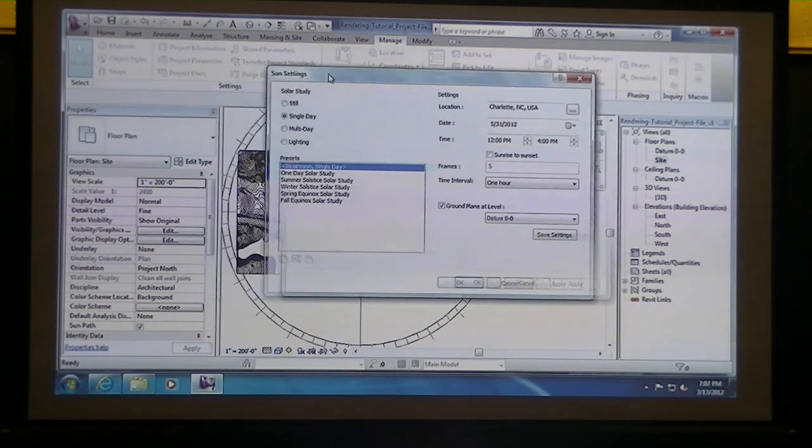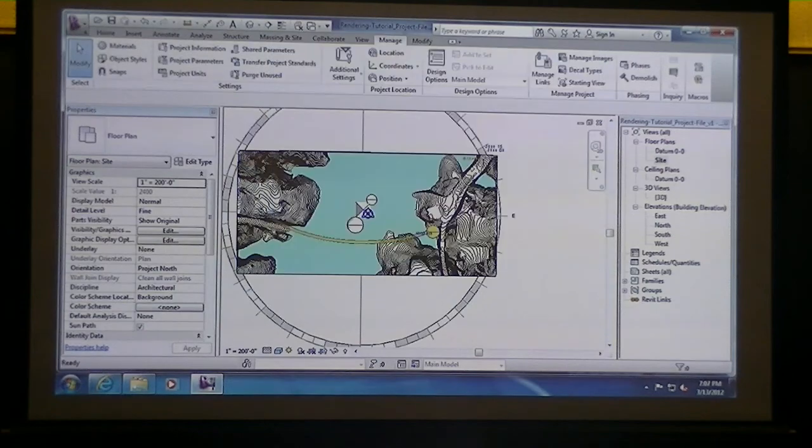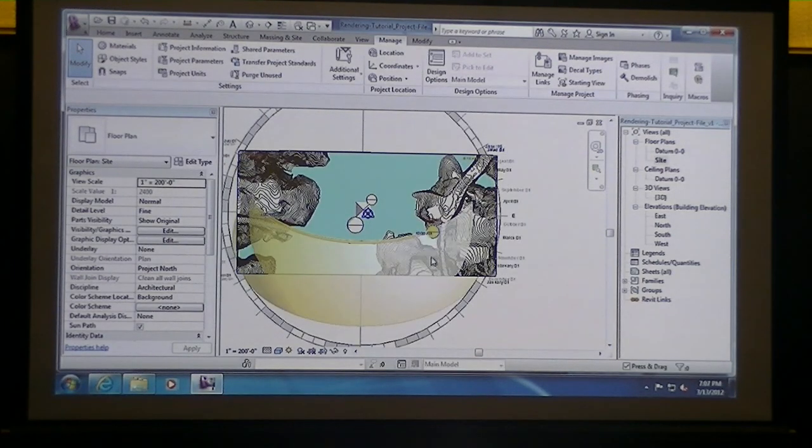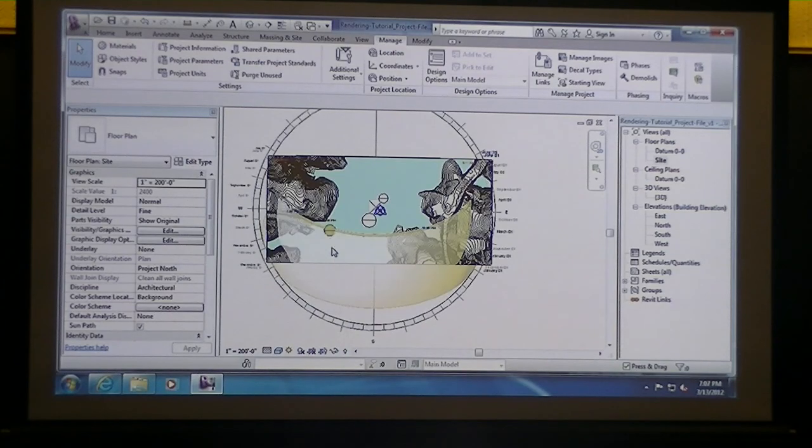With your solar analysis, right now I have an in-session single day. You can do a one-day solar analysis, or you could pick your solstice or your equinox and so on. I right now have it set to a single day. I could change it to multi-day, and if I hit OK, I can then drag my sun not only across the sky here, but I can also pick,